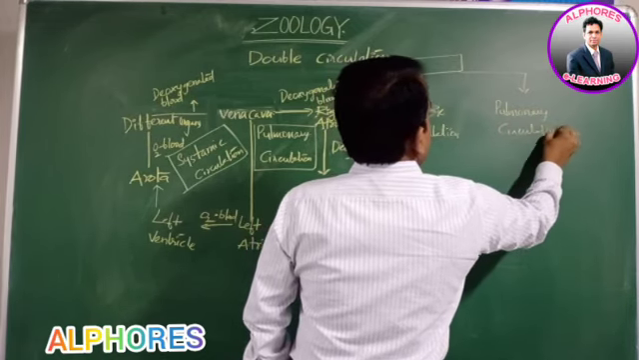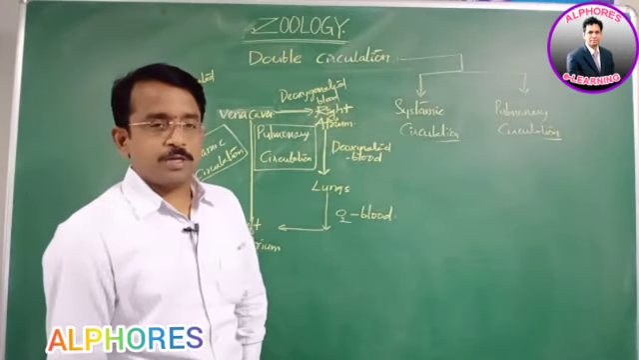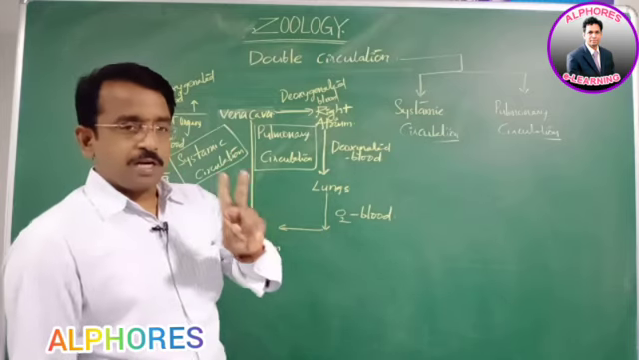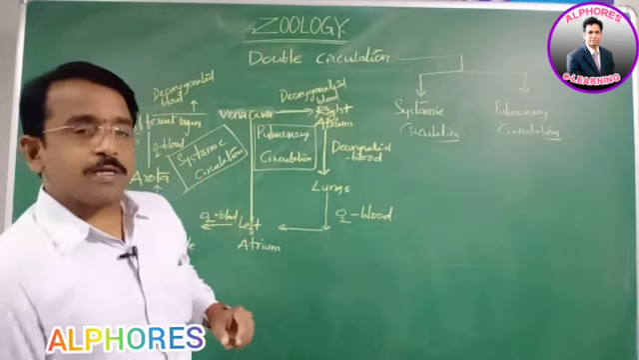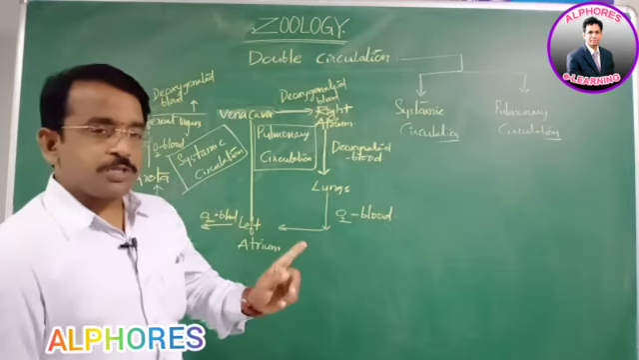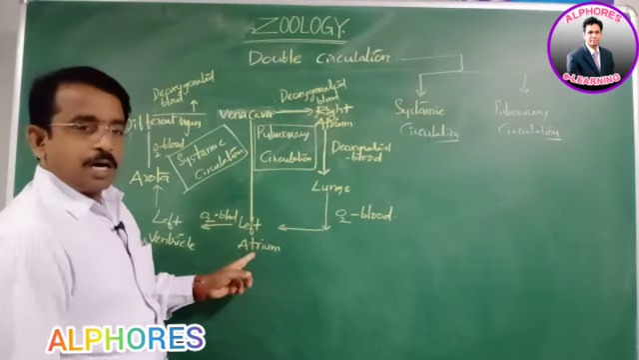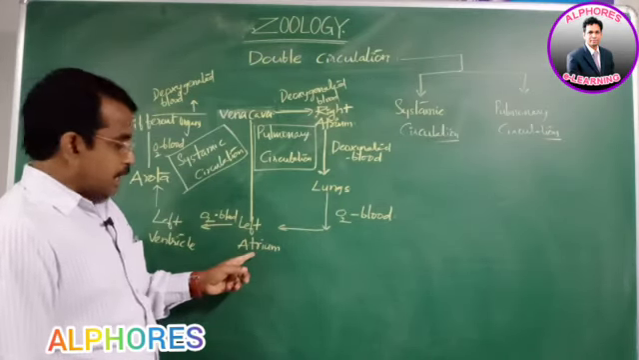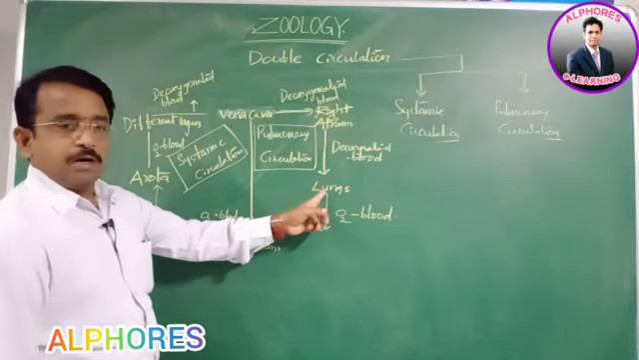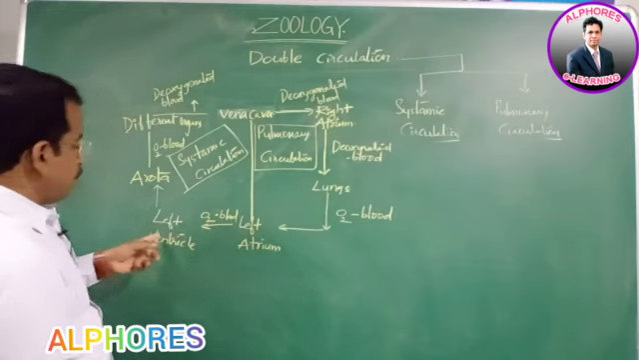So, the case with the mammals, in human beings, complete double circulation is seen. That is, twice the blood enters into the heart. That is, oxygenated blood from the lungs to the left atrium, to the left ventricle,